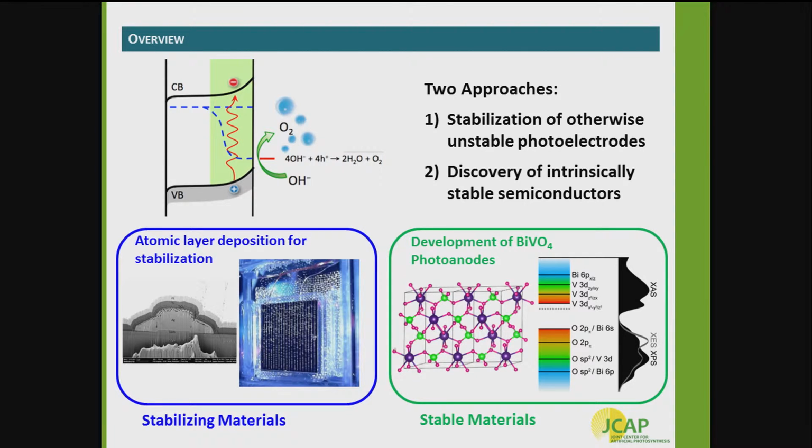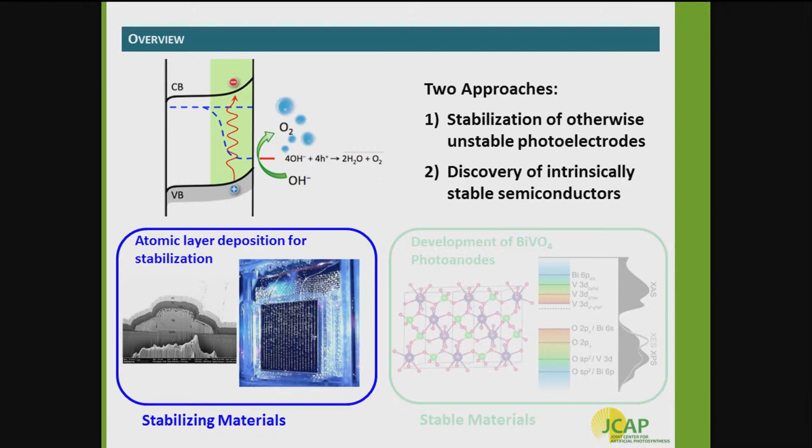So with that in mind, what I'll talk about today, as was referred to by Harry Atwater earlier, are 2 of the parallel approaches that we pursue within JCAP. One being the stabilization of otherwise unstable photoelectrodes, and I'll talk a bit more about how that can be applied to overall water splitting devices beyond what Matt just spoke about. And second, how we can drive towards intrinsically stable semiconductor systems through the understanding of some of our best existing semiconductors to guide the discovery of new materials that will be intrinsically stable and not require advanced approaches to thin film corrosion protection. Okay, so I'll begin by talking about atomic layer deposition for stabilization, in this case of photocathode-based,